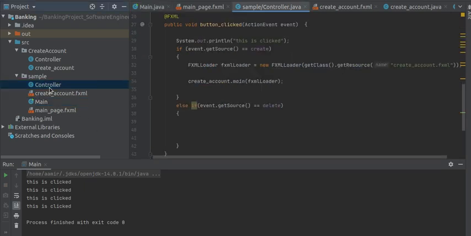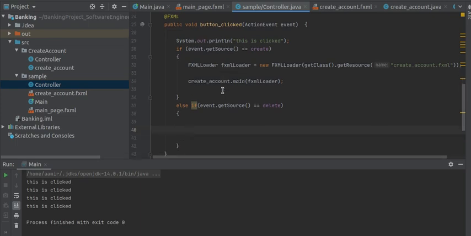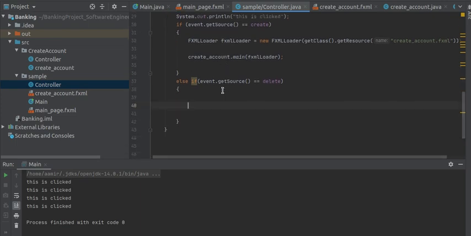As you can see, if the delete button is clicked, this area will be loaded and executed. I handled the event of this delete button in my previous videos.